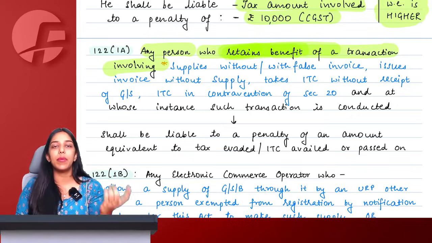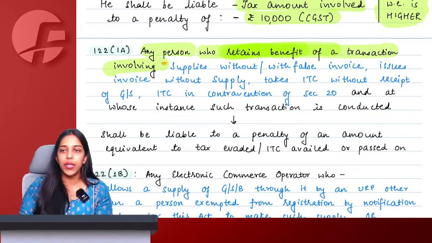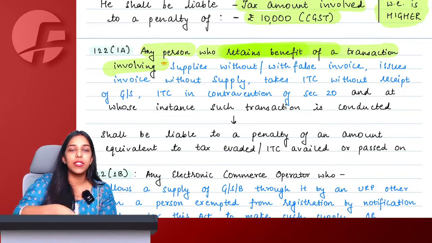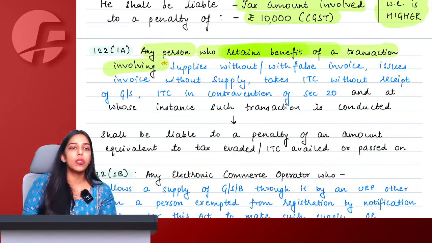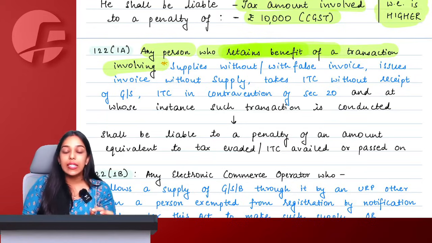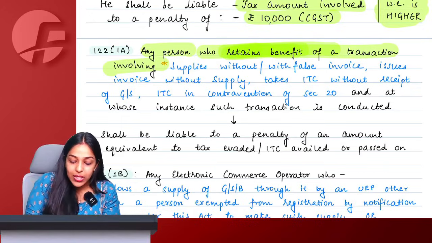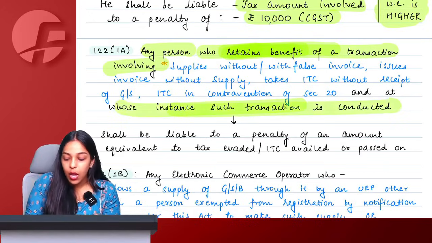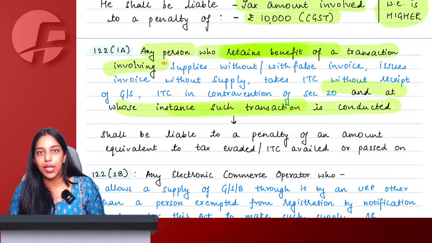Now, there are multiple people involved: the person who is issuing the fake invoice, the person whose registration number is used to issue fake invoices, the person who is taking ITC for it. So many people are involved in this transaction. Ultimately, the person at whose instance this transaction is carried out, who is the mastermind behind this transaction,